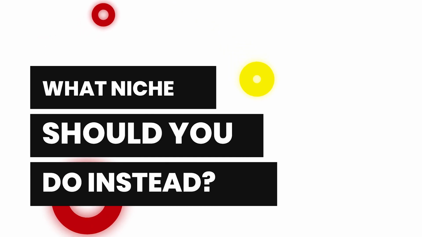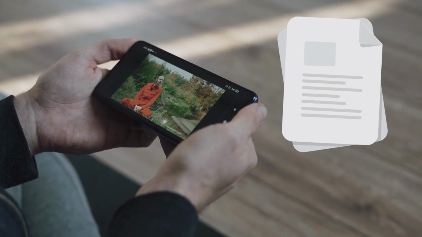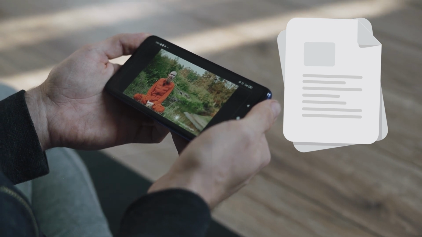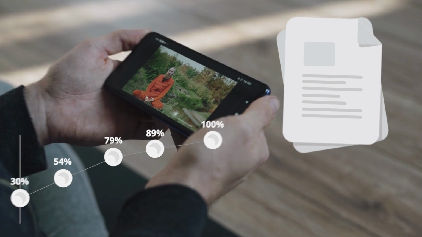So what niche should you do instead? This is something that people struggle with all the time. You see, you have the cheat code right there on YouTube. All you need to do is do a little bit of research, see what videos and niches are doing well and getting lots of views. From there, you don't need to reinvent the wheel. All you need to do is take a video that's already working, just make it 1% better than theirs is. Make the video 1% better, make the thumbnail 1% better, and the title. After all, that's basically all YouTube is: taking what's already working and improving it and making your own twist.